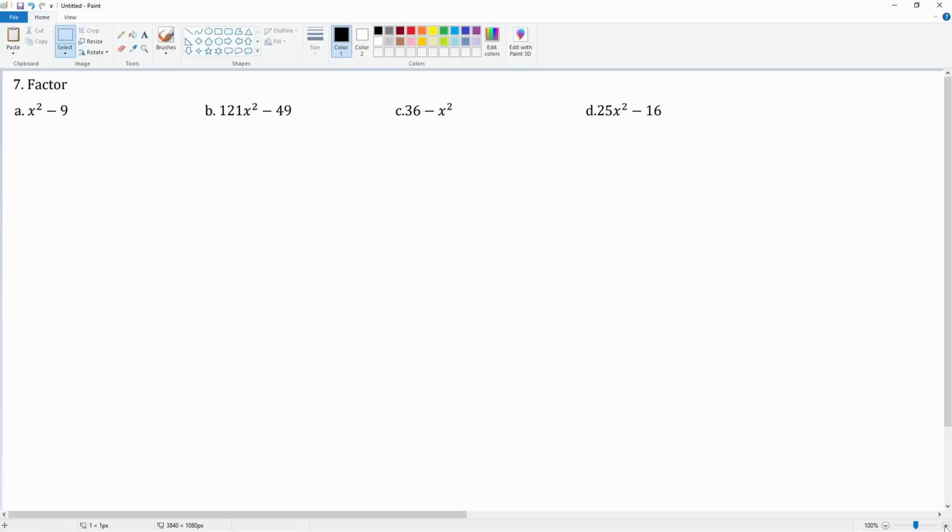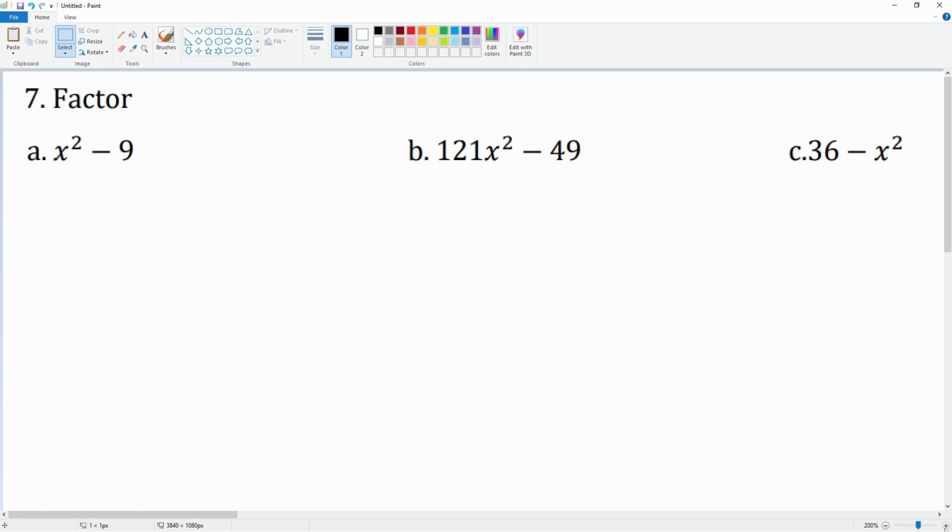All right, for number 7, it asks us to factor. Here we can try to factor it the traditional way, but notice there is something missing. Remember, the original format is always ax squared plus bx plus the constant c. But notice that here there is no bx term. There is no bx term, and the fact that it's just plus c, what we can do is